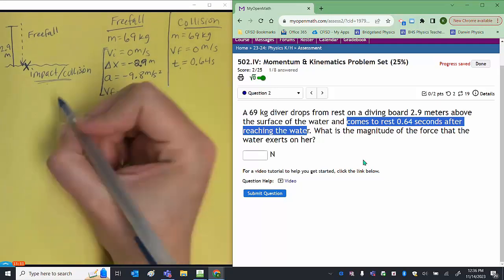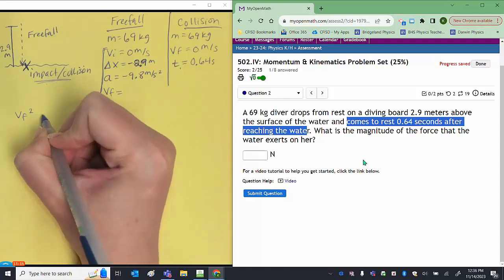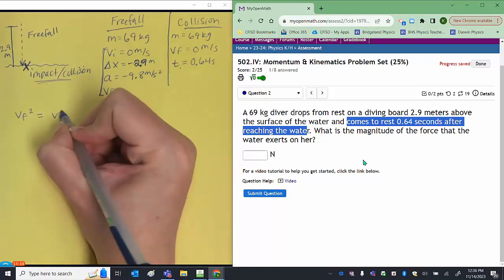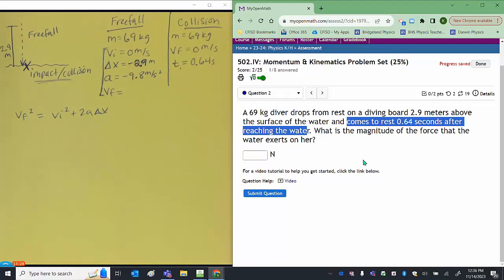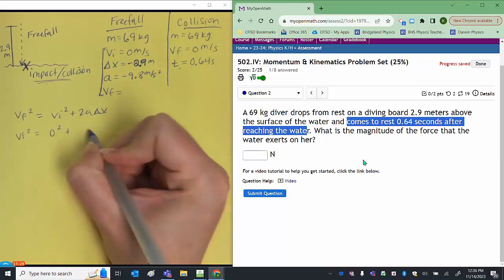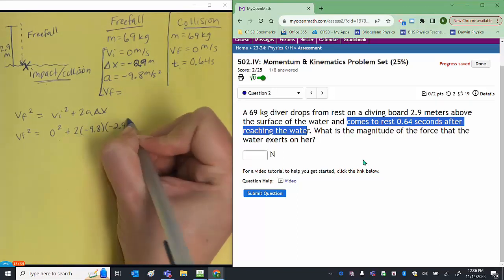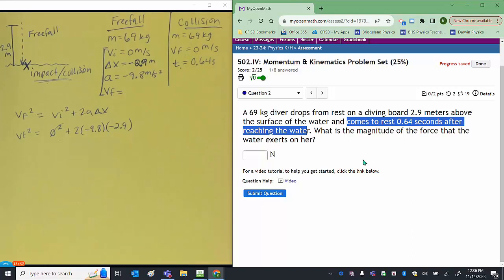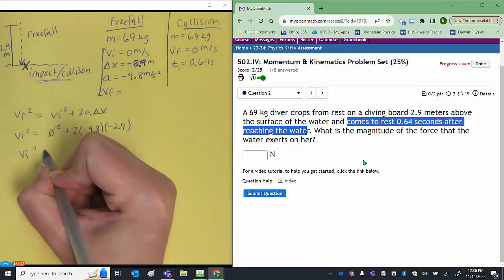Using my kinematic equations and this information, the formula that I could use to solve this in a single step is this one, VF squared equals VI squared plus 2 times A times delta X. So that's what we're going to substitute into. VF squared equals VI squared, which is 0 squared, plus 2 times negative 9.8 times negative 2.9. Again, 0 squared is going to be 0, but let's go ahead and multiply these out. 2 times 9.8 times 2.9. Again, those negatives are going to cancel each other out. And I get this. VF squared equals